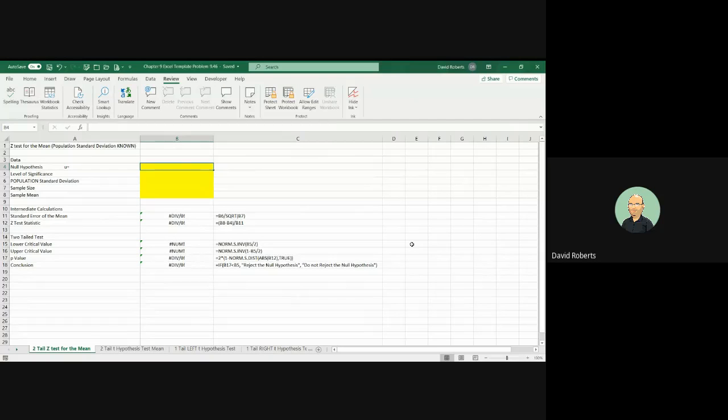Welcome to Chapter 9, problem number 46 on page 298. Once again, we are doing a hypothesis test. So when we read the question carefully, we can see that this company, Washington Metropolitan Transit, wants a reliable fleet